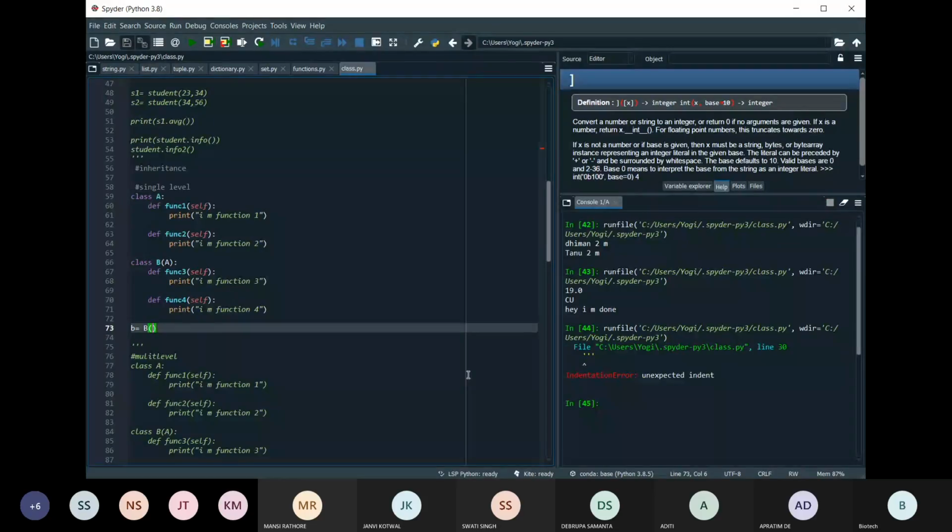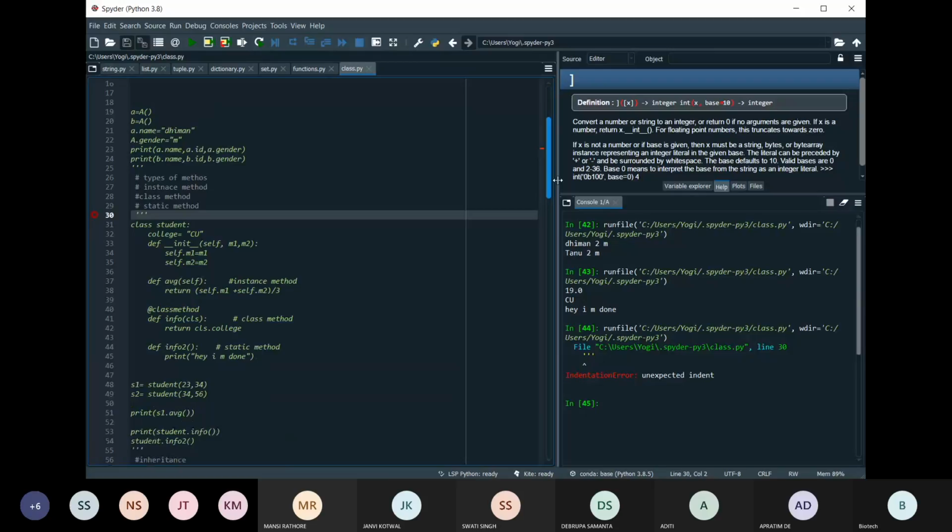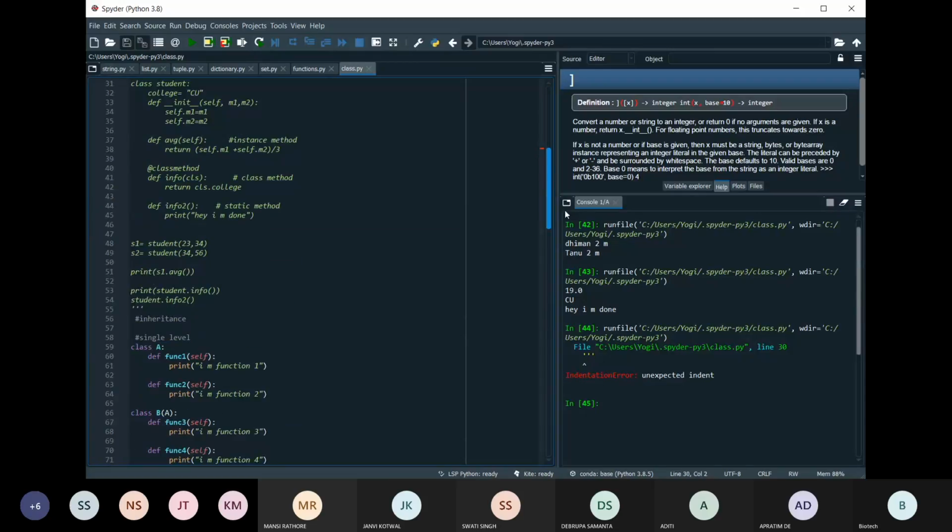Unexpected indent in line 30. This is done. This is done.